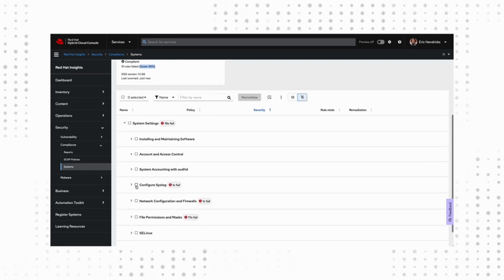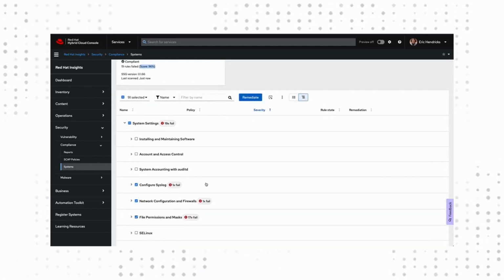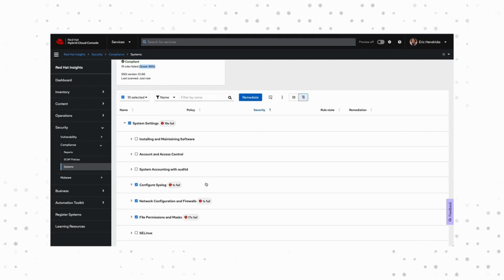Notice that our system is compliant, over 96%. That's not bad. There are a few configurations that need to be tweaked. And as Image Builder becomes more robust, we'll see more of these configurations meet these rules out of the box. From here, you can create a remediation plan, which is basically an Ansible